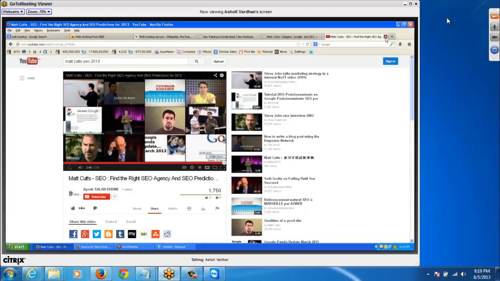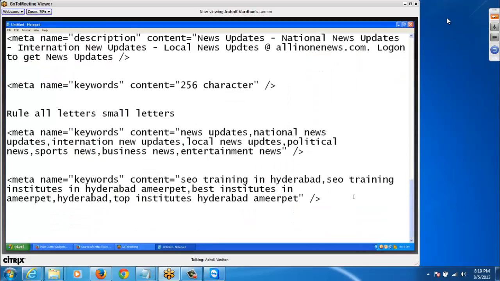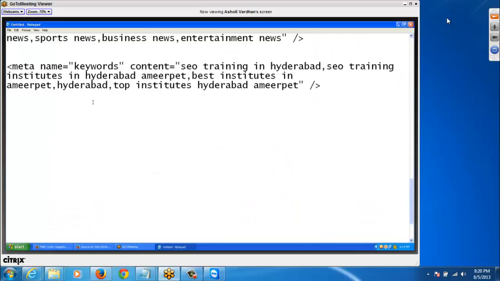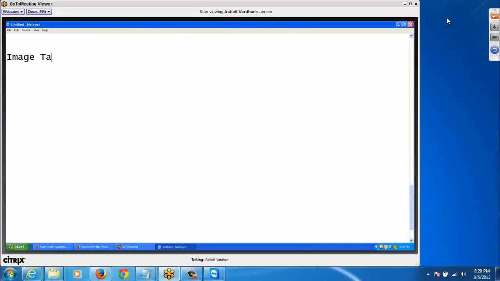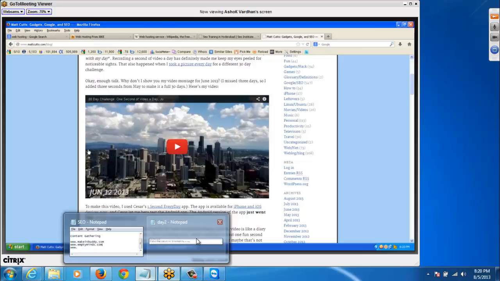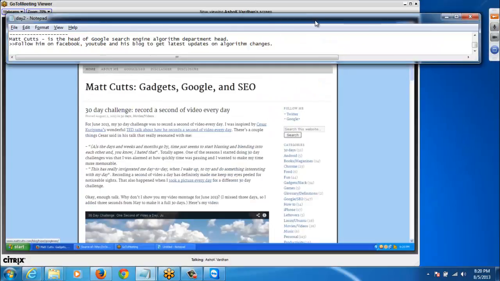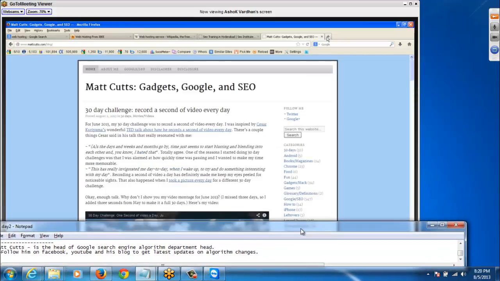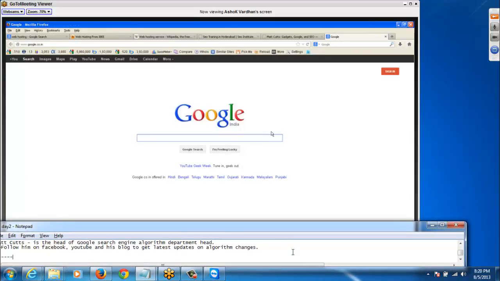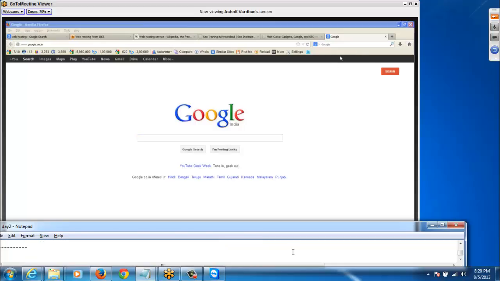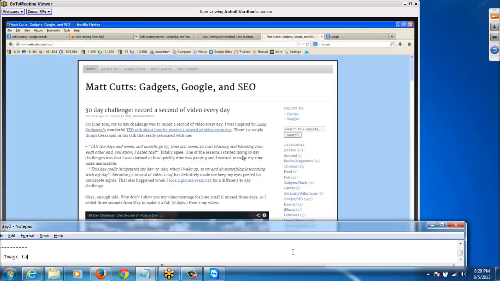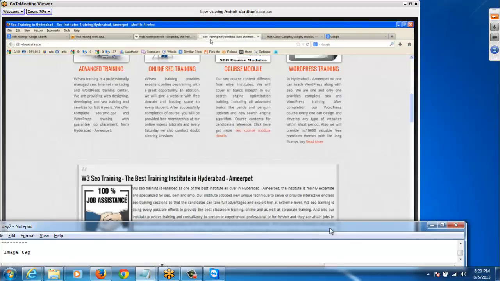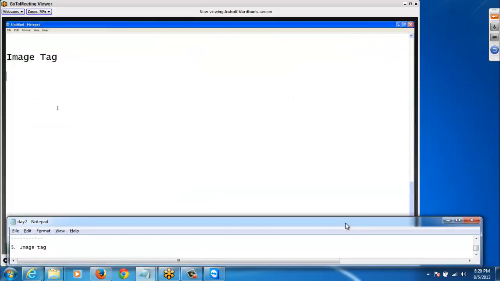Okay, next very important thing is image tag. What is image tag? In every website, 100%, we observe image tag. Without image tag we cannot show images. Each and every site we must make images visible. These are the images. But the real image syntax is img src equal to, here we have to give the path,